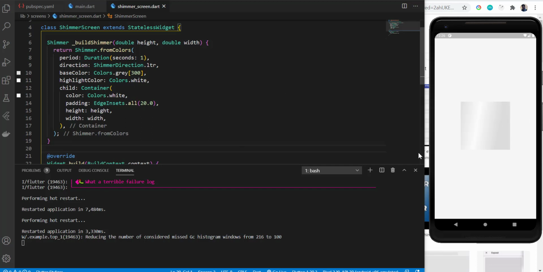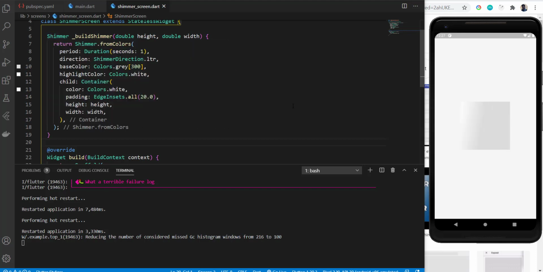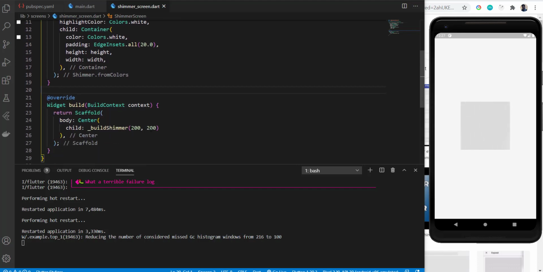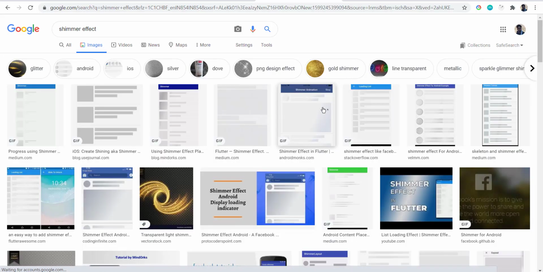The base color is the color which is fixed here, like the gray color is fixed on the scaffold, and the highlight color is the white color, which is just animating from left to right on that base color. And you just need to specify the child for the height and width of this container, which I have just made in the function here. You can see this code from the repository linked in the description as well. So that's how easy it is to add shimmer. If I change the height and width here, let's say I make the height 10 and the width is still 200, and I reload the app, I will see the line shimmer. So you can try different combinations and achieve whatever is shown here.